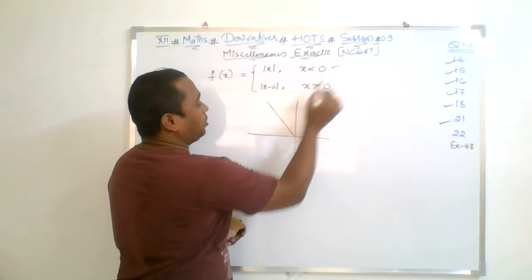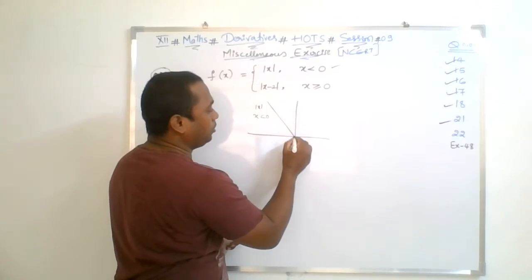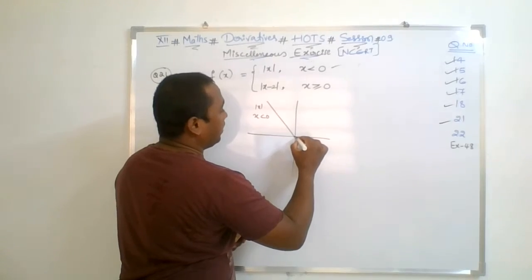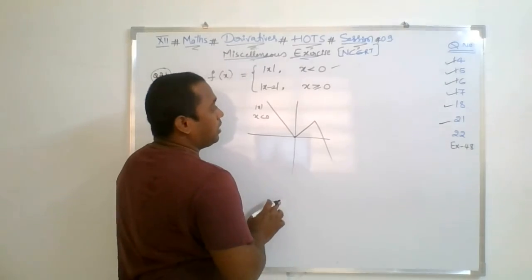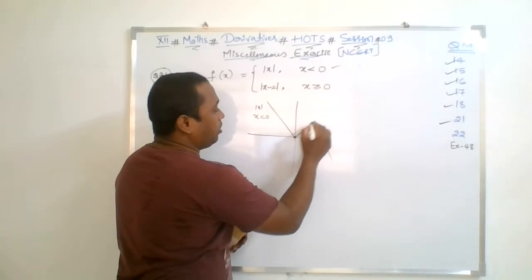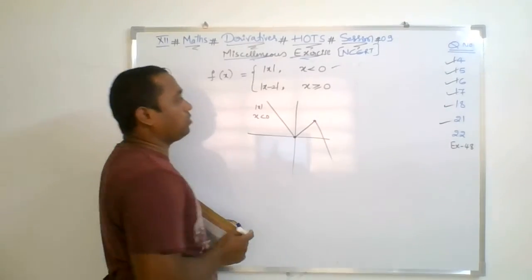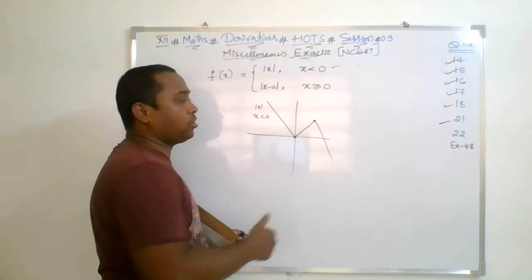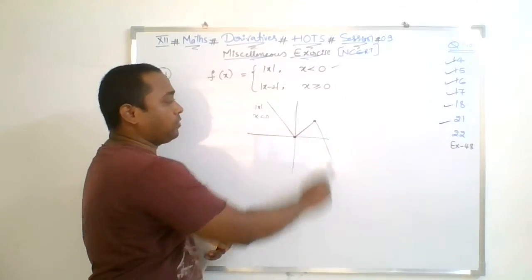This is the first function. This is the modulus function where x is less than 0, half of the function. And if you plot this function where x is positive, you will get the rest. So in this way you will get the function. The graph is continuous but it is not differentiable at these two corners, that is 0 and 2. So these are the two points where the graph takes a sharp turn and is not differentiable, but in its entire domain the graph is continuous.